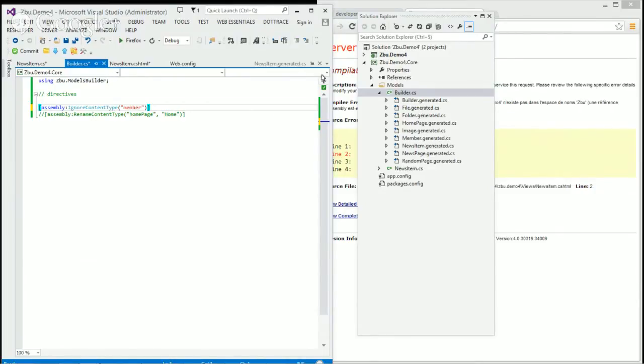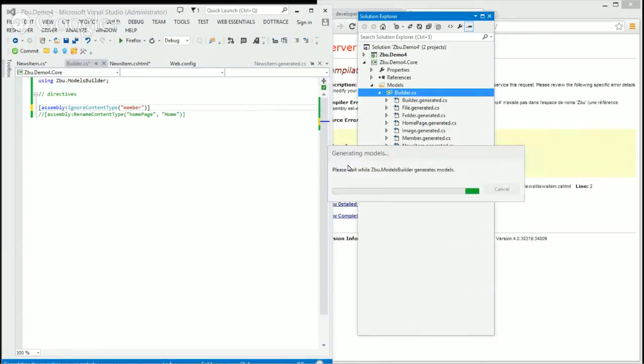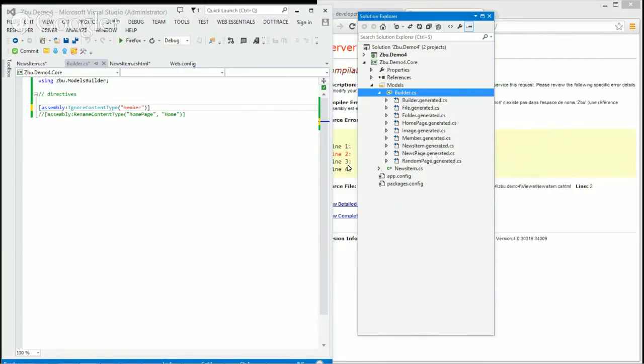And then if I go back to Builder and say run the custom tool, so it's basically regenerate, it will connect to Umbraco and update everything. And in theory, the member here should be gone. And it's not. So that's the demo effect. But of course, it's probably because the alias is not exactly member.